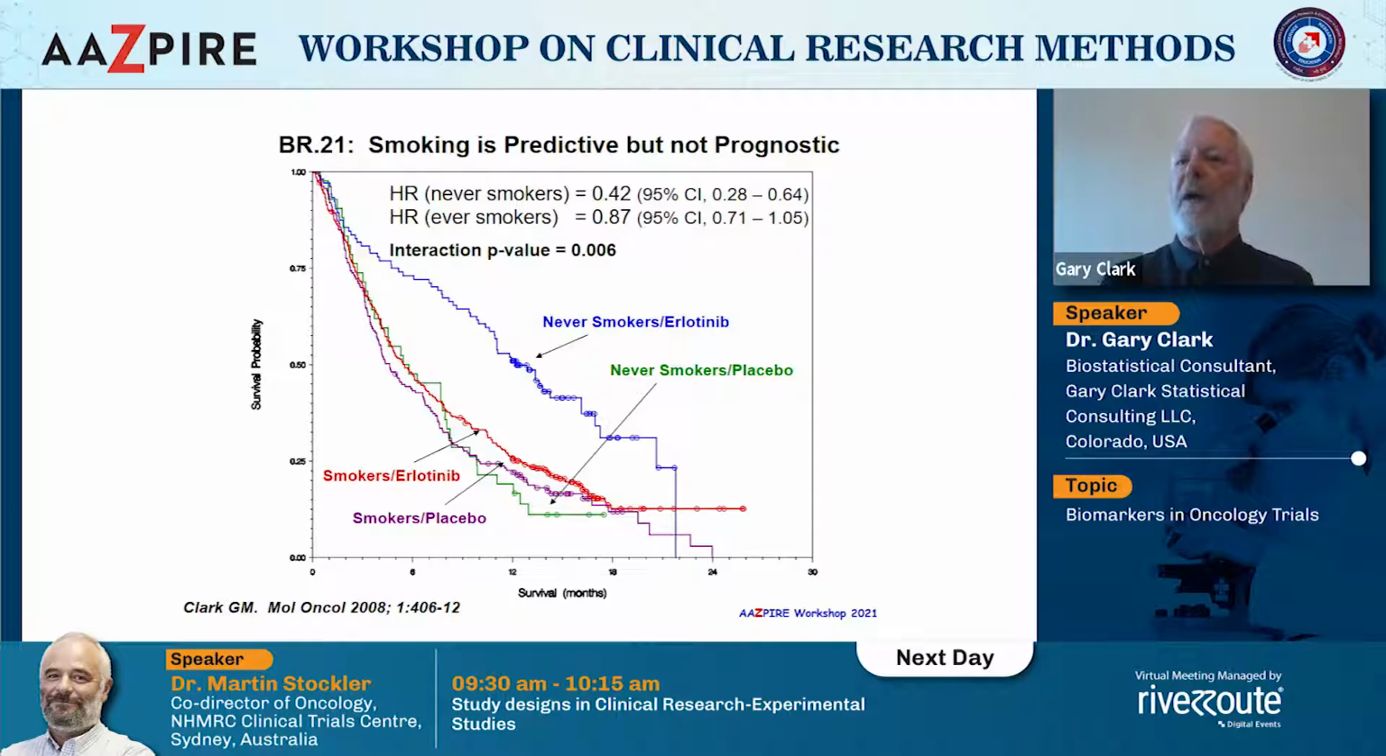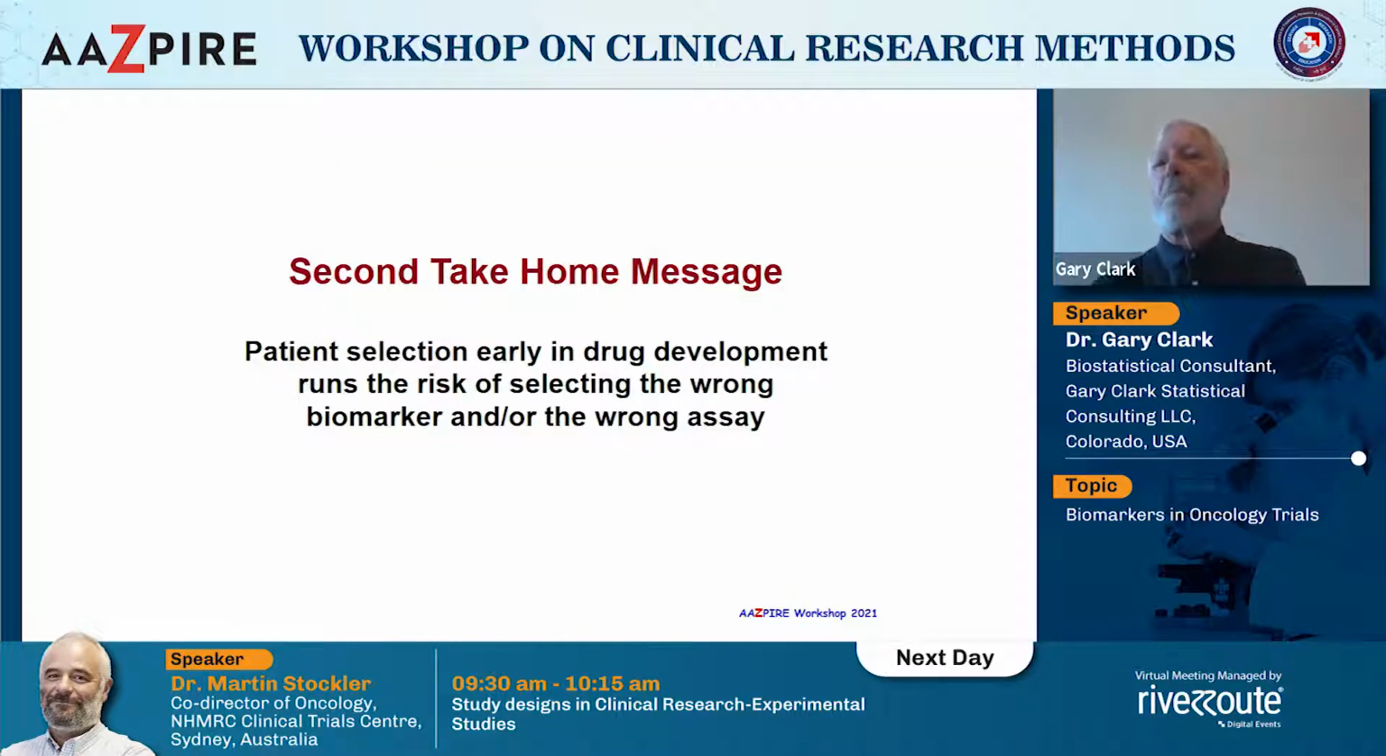So now we have a factor that is not prognostic, but it is very clearly predictive for a differential benefit for the never smokers when they are treated with the inhibitor. So if we didn't know anything about the prognostic significance of these 3 markers, we would never have come to these conclusions when we had the full study. So the second take-home message is